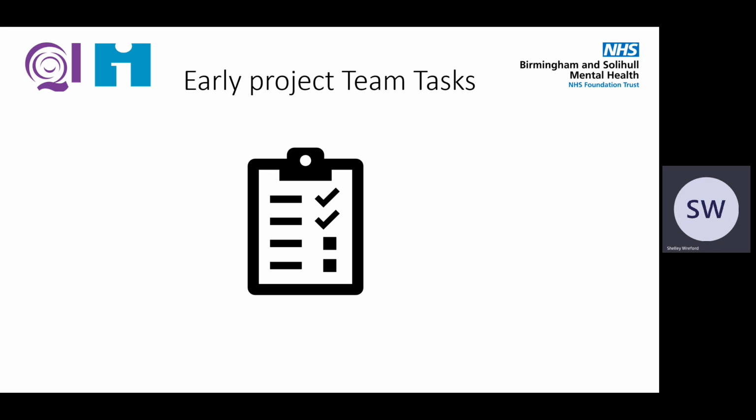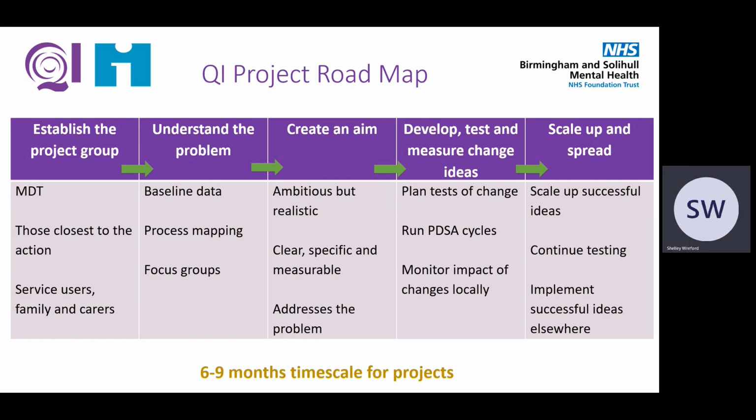So now that you've established the focus of your quality improvement efforts, how do you go about getting started with your quality improvement project? In part 1 of our Getting Started Coffee Break QI videos, we talked about the importance of a project team. Establishing your team and working together with them from the outset helps promote ownership and engagement in the improvement work. It is no wonder that it is the first stage of the QI project roadmap.